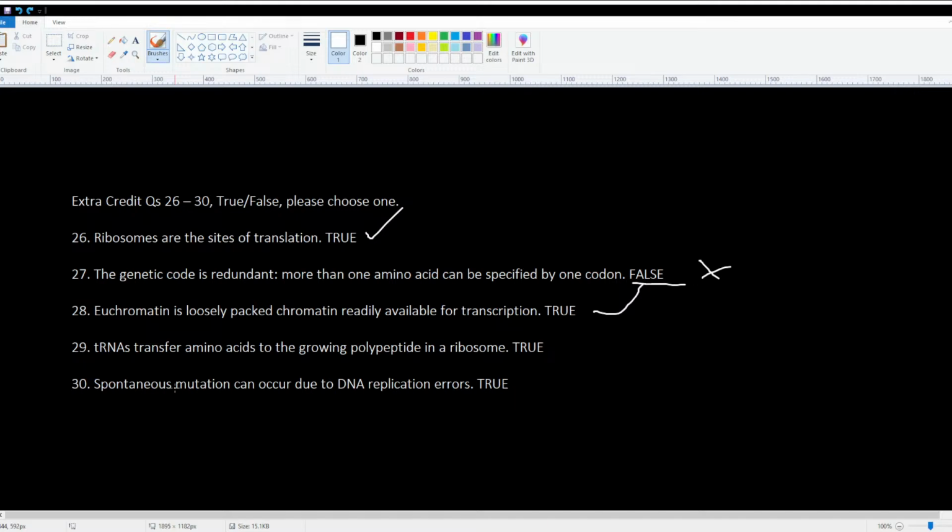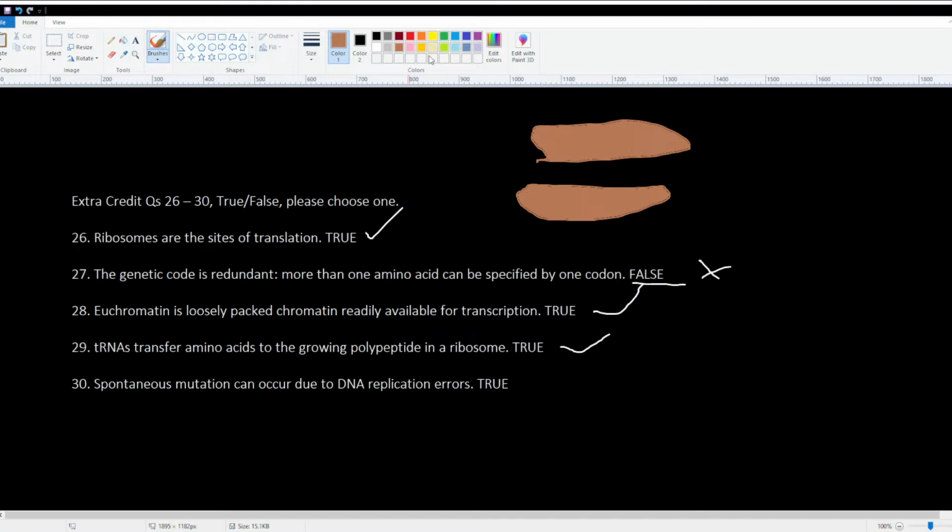Number 29, tRNAs transfer amino acids to the growing polypeptide in a ribosome. That is also true. Remember EPA site, right? When we have the ribosome, remember the ribosome has three different sites: E site, the P site, and then the A site. So let's draw. This is our mRNA, right? So then we have the tRNAs,